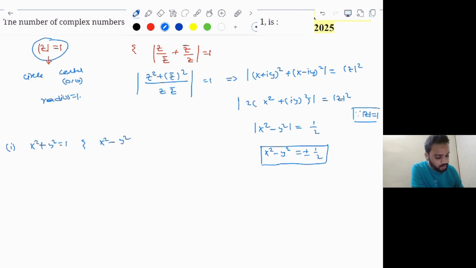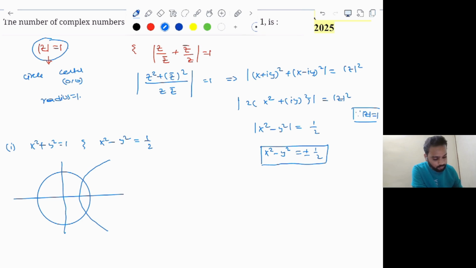For case 1, we will take x square minus y square is equal to 1 divided by 2. So if you draw the diagram, first one is a circle like this with center at origin, whereas the second one is a rectangular hyperbola